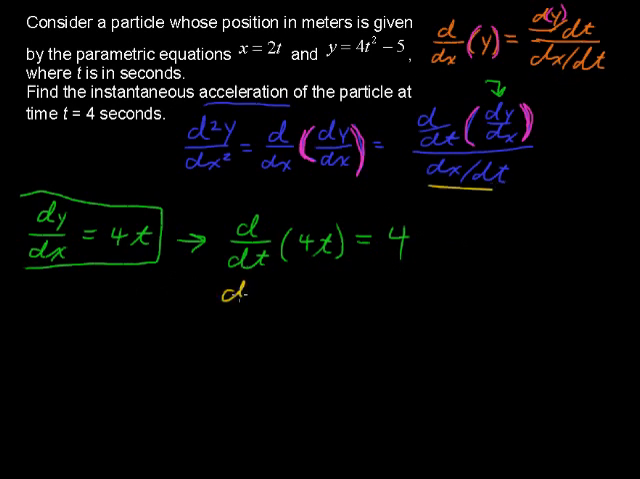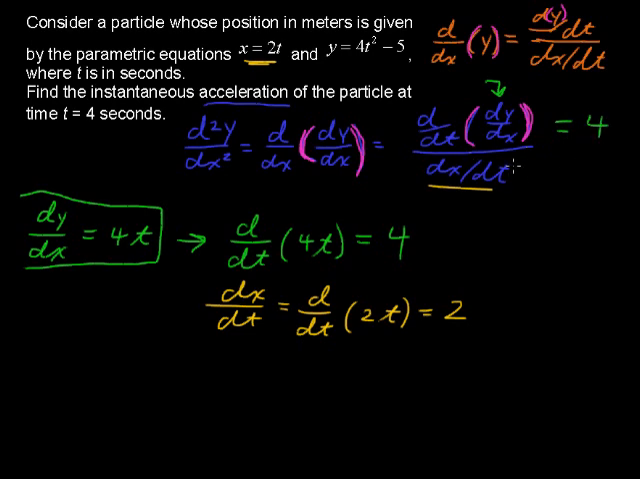The derivative of the x function with respect to t: x equals 2t, so the derivative with respect to t of 2t just equals 2. Those were some easy derivatives. Now we've got the 4 and the 2, so we're going to plug this back into here. This numerator equaled 4, and this denominator equals 2. So we've got 4 over 2, and so the second derivative,